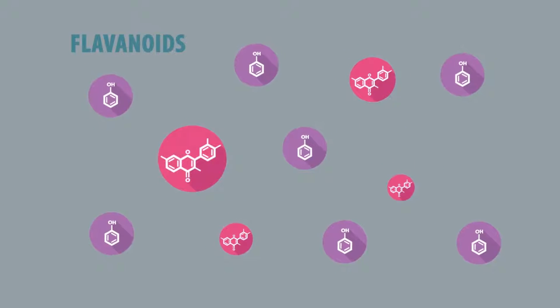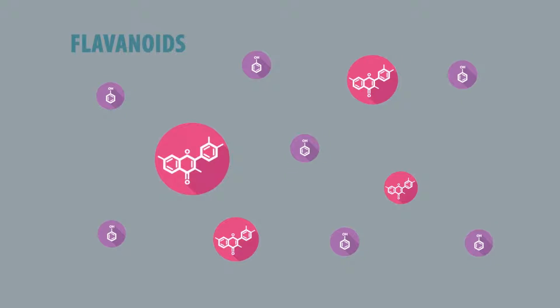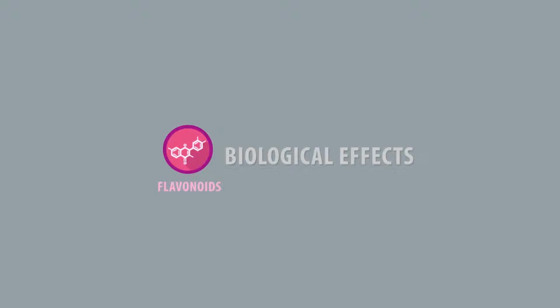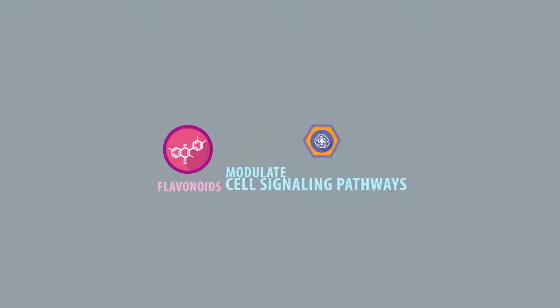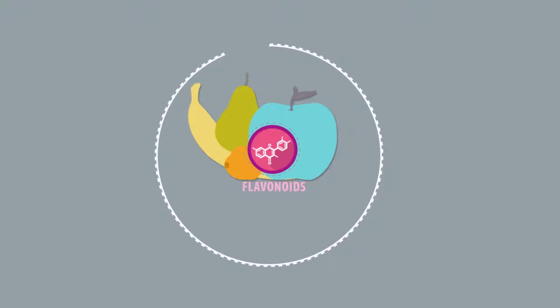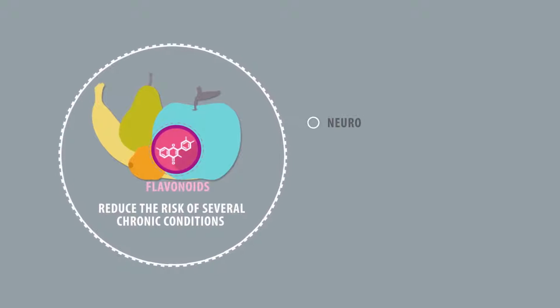Flavonoids, which are in the family of polyphenols, are characterized chemically by two benzene rings joined by a linear carbon chain. Flavonoids are commonly defined as dietary antioxidants for inflammation. However, many of the biological effects of flavonoids appear to be related to their ability to modulate cell signaling pathways. Evidence from studies indicates that regular consumption of foods containing flavonoids may reduce the risk of several chronic conditions, including